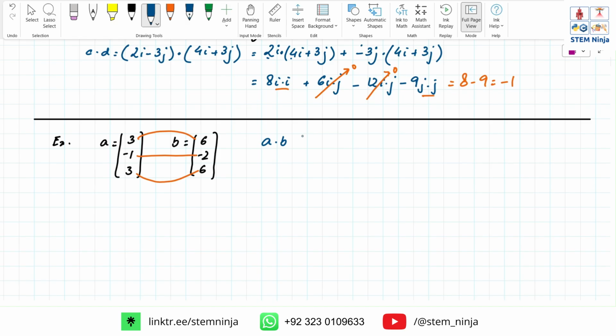oh, sorry, I should have done this in ij format. So 3 times 6, then plus minus 1 times minus 2, plus 3 times 6. So 18 plus 2 plus 18. So 36, sorry, 18 plus 18, 36, and then 2, 38,